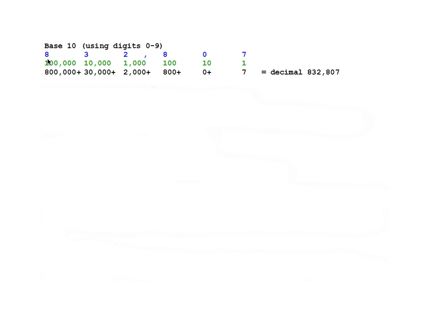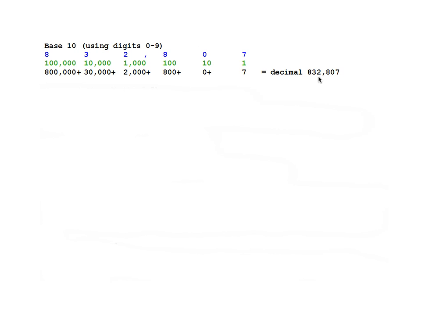In this position right here where we have the 8, that's the 100,000 position. And we have the 3 in the 10,000 position. Or we can start down here. The first digit is the ones position. And because it's base 10, the next place over is the 10 position. And you keep multiplying by 10, by 10, by 10. And that's why